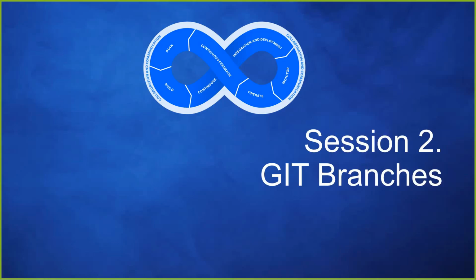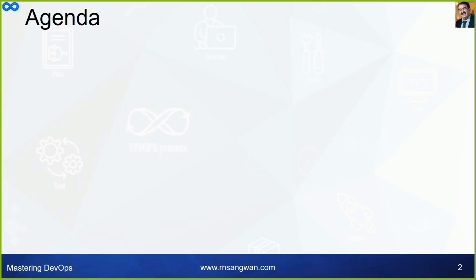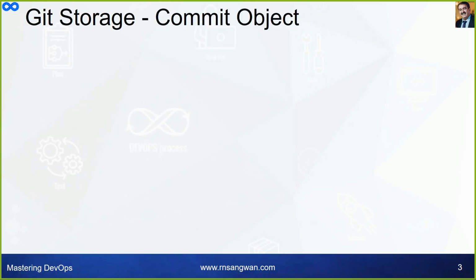Thank you. Session 2. Git branches. How they work, what are Git branches? So the agenda of the session is overview, merging branches. This is what we need to learn. By the end of the session, definitely you will have a good, excellent understanding, I must say, about branches